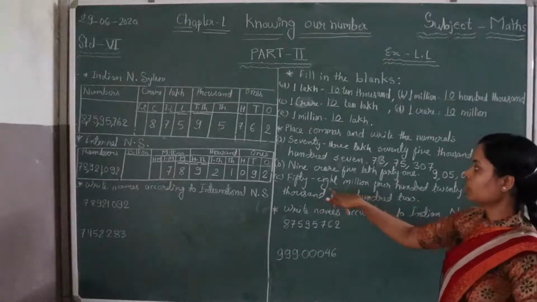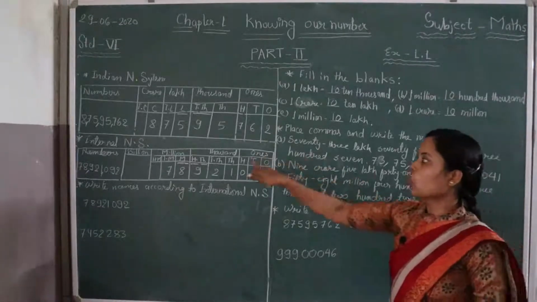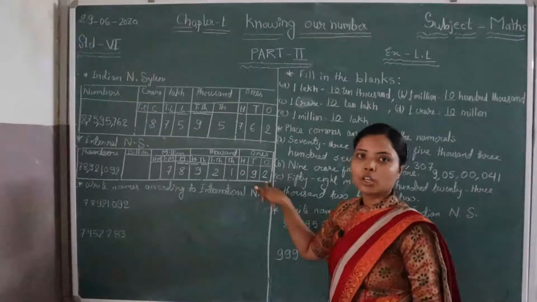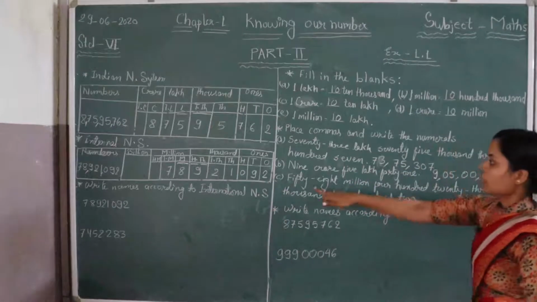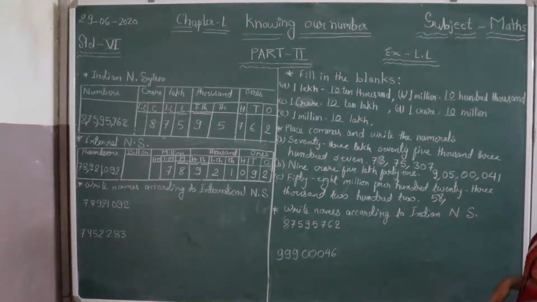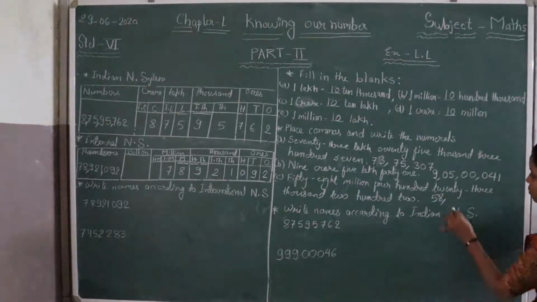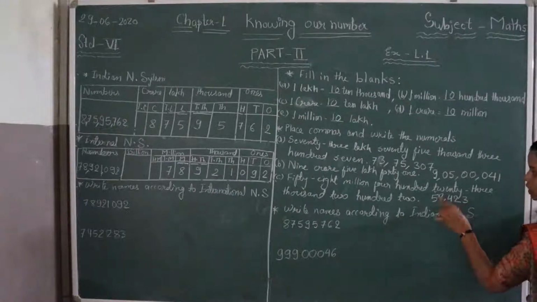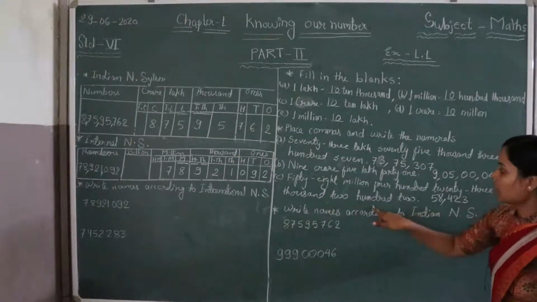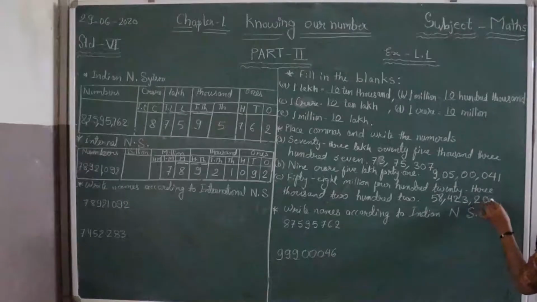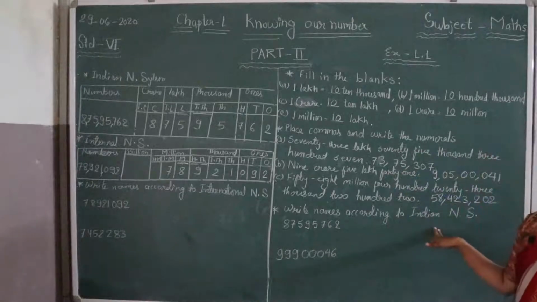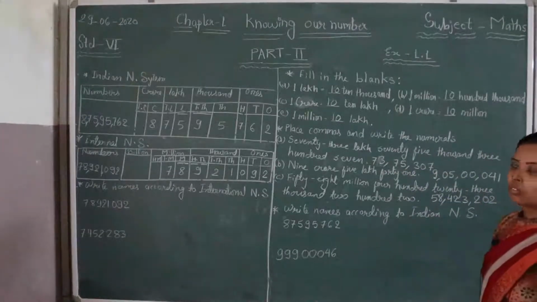Okay, then come to the next. 58 million. Looking at million, we go to the international number system. In the international number system there are 3 divisions, so we place the comma after 3 digits. 58 million. Then 423,000. Okay. From here complete. Then 202. So we write 202.